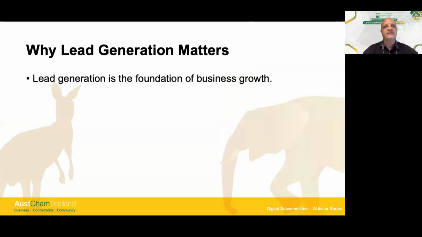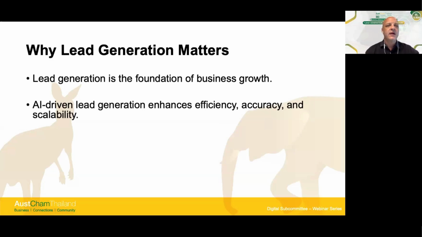We all understand that to grow your business, you need to have conversations. You need leads, you need conversations, you need leads. You need to continuously fill your pipeline and start moving people down. So AI lead generation, or AI-driven lead generation, can help enhance efficiency, accuracy, and scalability.